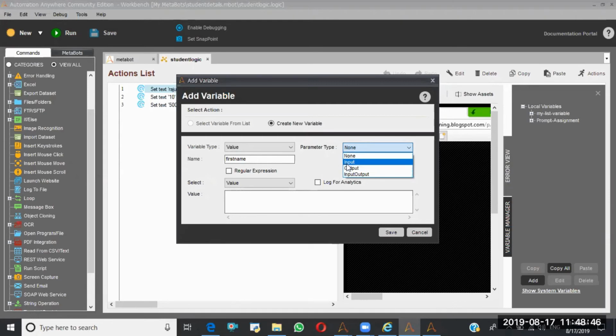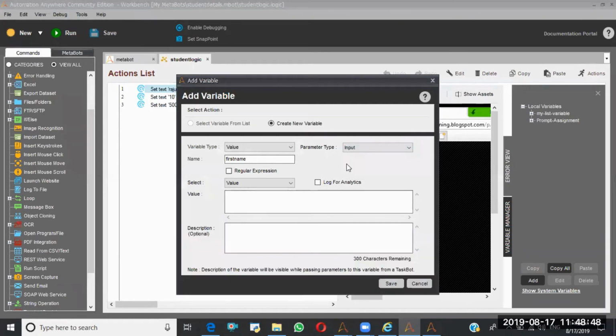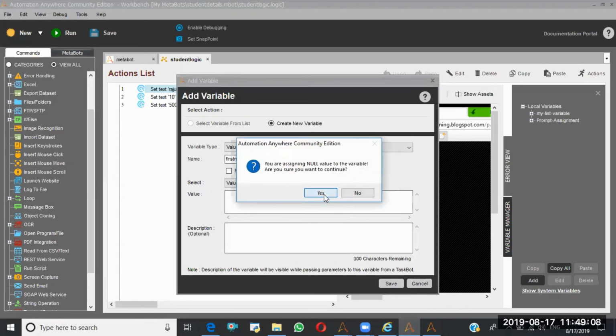At that time, you will use this parameter type as input. If this variable is going to provide the value to a taskbot, at that time you will use output. Or else it is working vice versa, you can take input and output. Okay? So as of now, I'm taking the input. And I'm saving this with the null value.